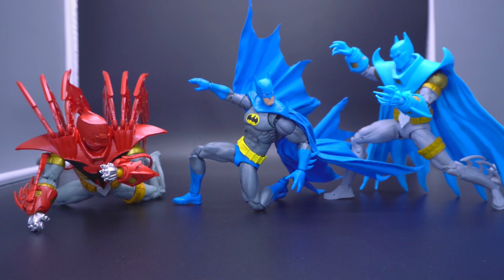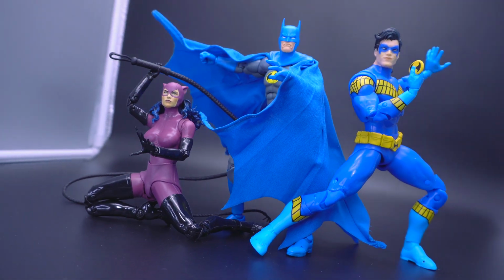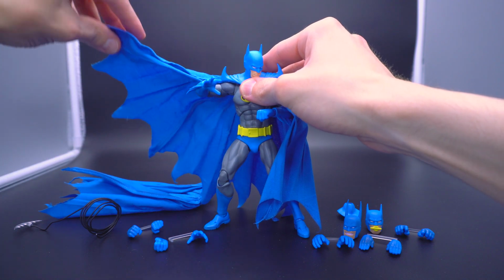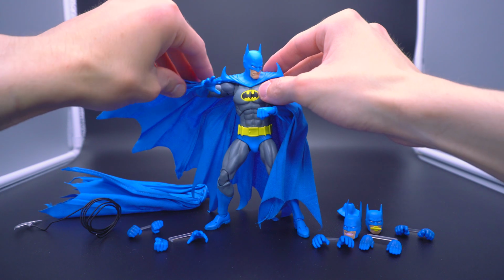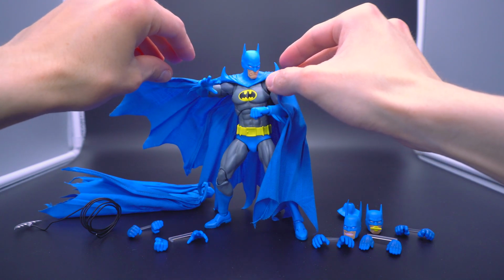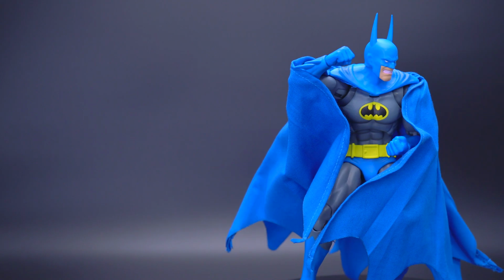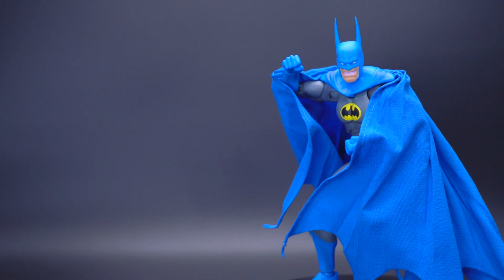box. And that's coming from someone who is familiar with Knightfall, has read a few of the issues, didn't get to Knight's End, but doesn't have the strongest affinity. I understand its cultural significance, but it's not one of my favorite comic arcs of all time. And yet this guy may end up being one of my favorite Batman Mafex figures of all time. And in saying that, I have practically no choice but to give it a very solid, firm, and certifiable 9